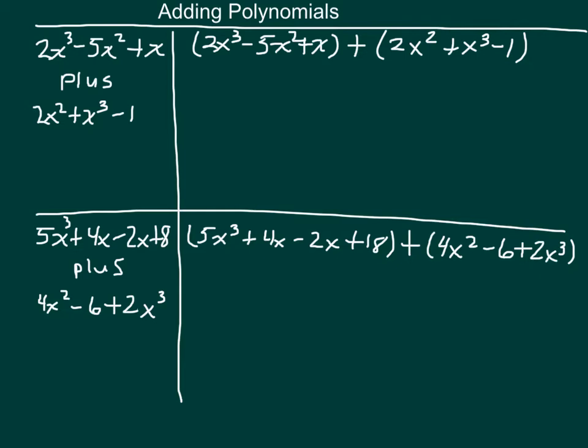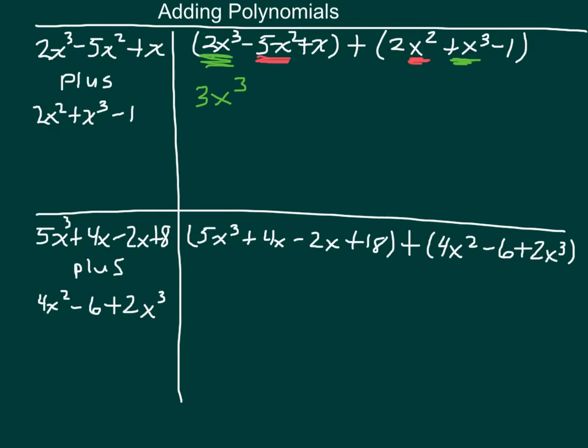So what I look at here is I see I have an x cubed, and over here I have an x cubed. So those two I can add together. I have 2x cubed here and 1x cubed there. Therefore I have a total of 3x cubed. Then I go to my next one and I see that I have some x squareds here. Notice that I don't care about the coefficient in front. I'm only looking at the variable. That tells me if I have the same base or not. So this one tells me that I have negative 5x squareds, and this one tells me I have 2x squareds, which means I have a total of